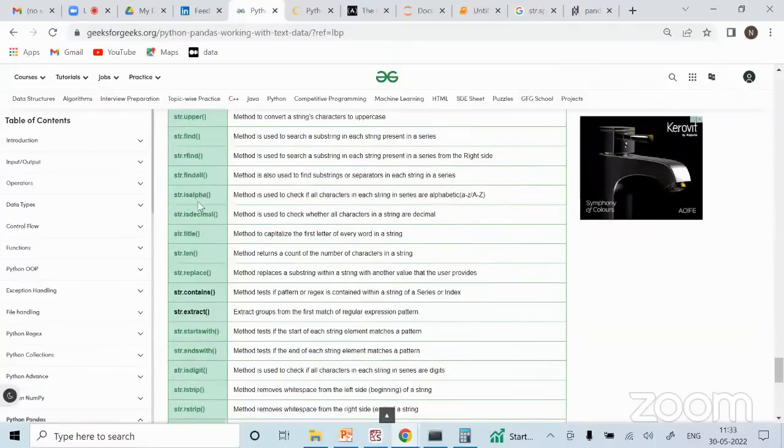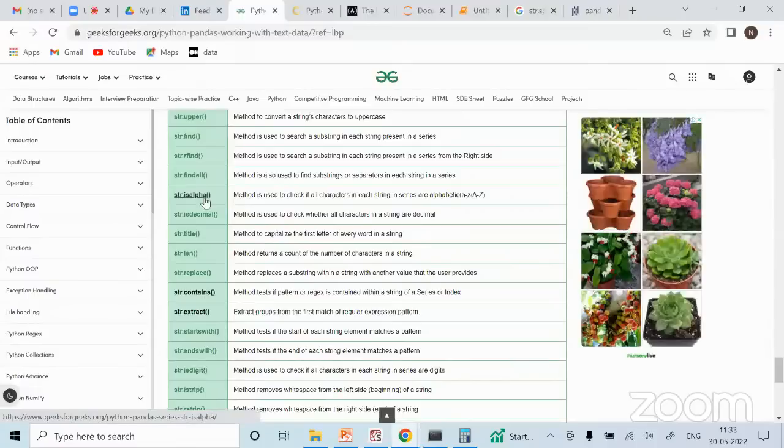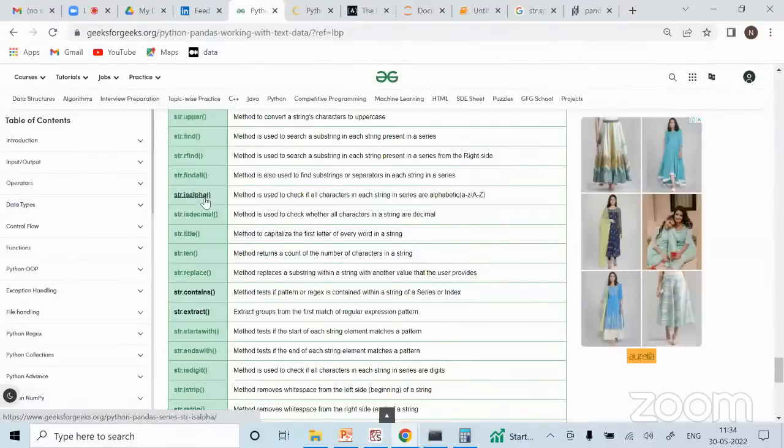So isalpha means you can give a string and check it, and let's say if you want to search, we use this a lot, as I was telling you. We have created an automated way of extracting information from invoices. The simple example could be, I implemented a regular expression so that wherever the invoice date comes, it takes the term after it, and that is my date. Now, the way to check whether it is a date or not is to check whether it is alpha or not. Ideally, if dates are there, there has to be numbers, isn't it? So my isalpha should be false. That's how you can check whether the values you are getting are valid or not.